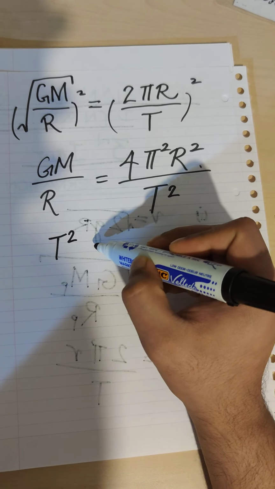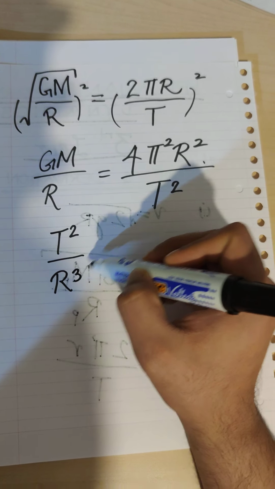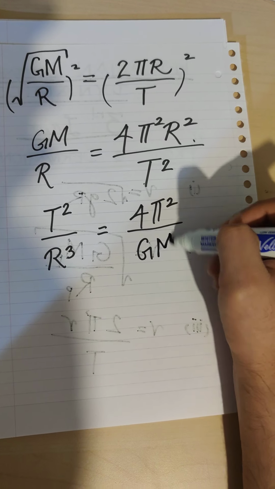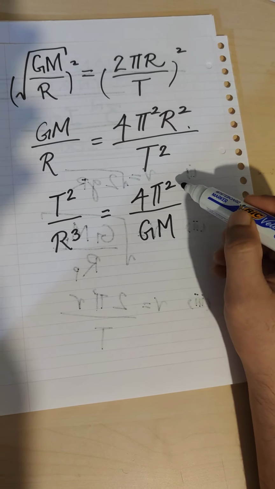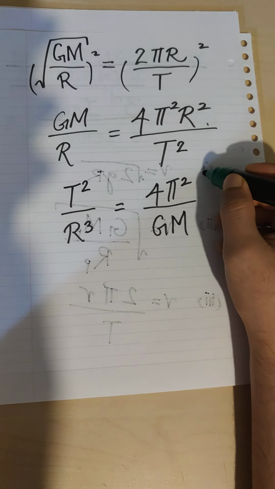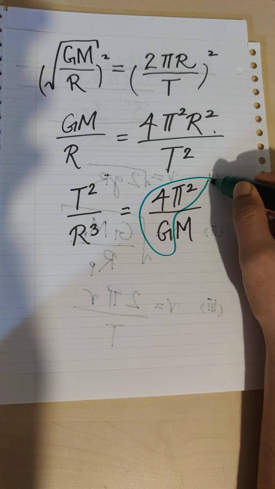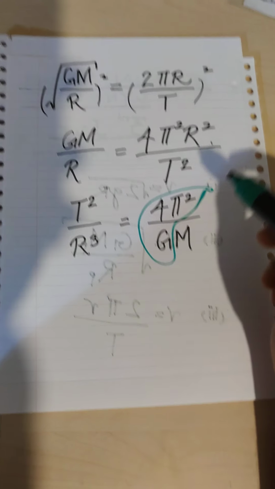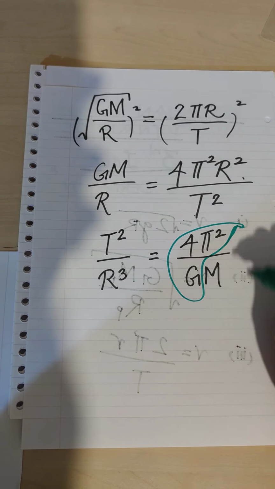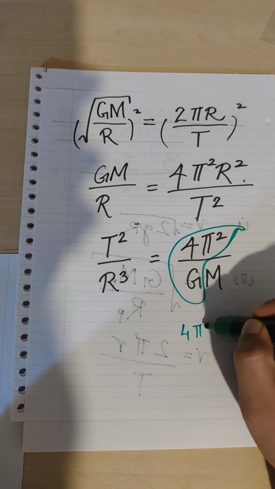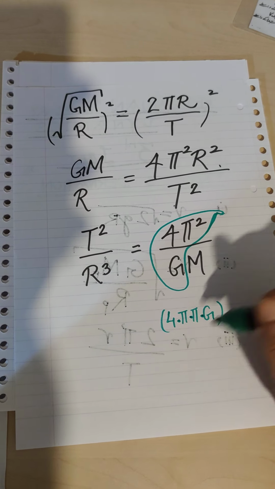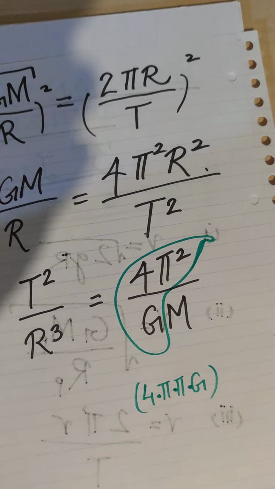T squared over r cubed is 4 pi squared over GM. That's the mass of the planet. In every equation we'll have this, at least this. So those of you that do gravity calculations on a regular basis, you need to have the product of 4 pi over G in your pocket. Just write it down somewhere, and it should be, I think,